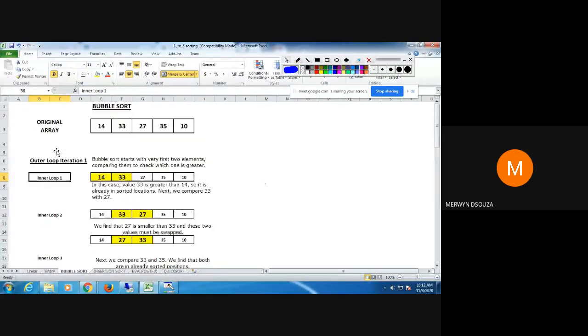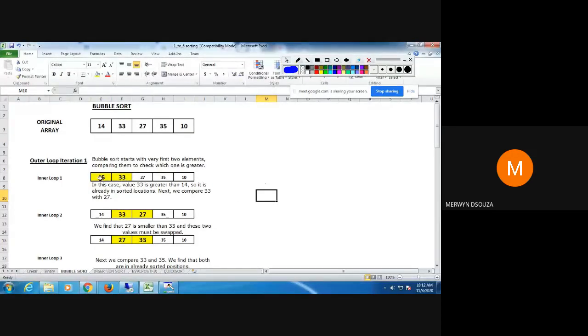Okay. So basically you start by comparing the first 2 elements. Since we want ascending order, I'm comparing whether this first element, that is 14, is less than 33. If 14 is less than 33, I do not make any change. But suppose I had here 45.